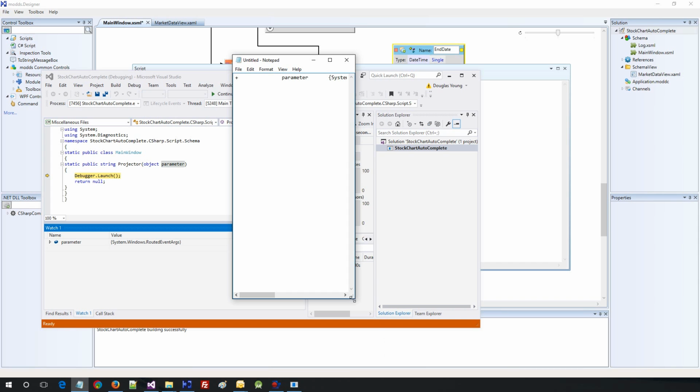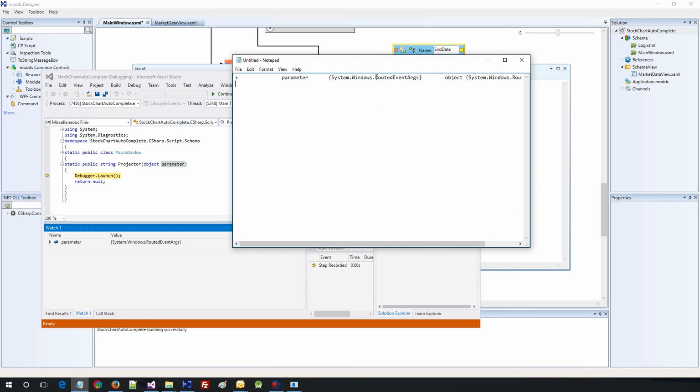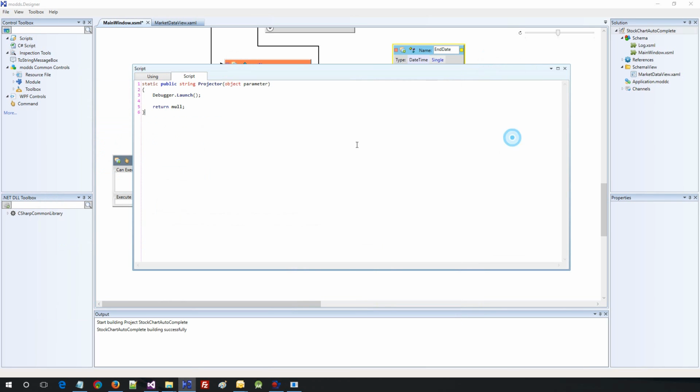And we're gonna paste it here, so we know this is the type. System args, and then we can do this. GS equal to the parameter